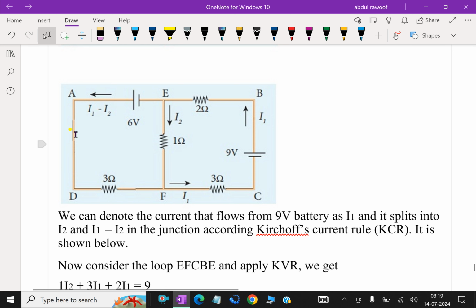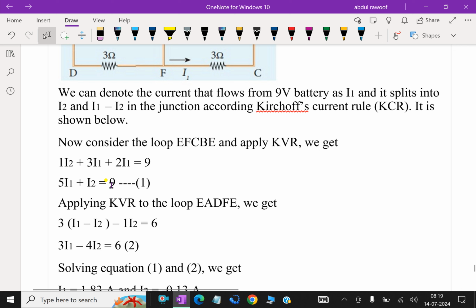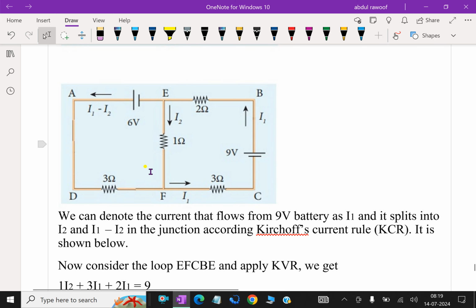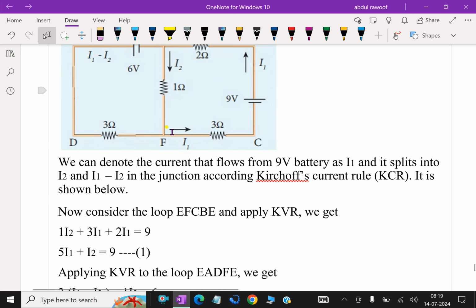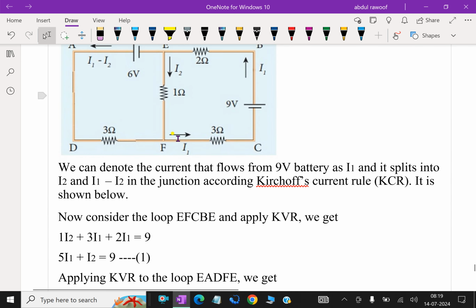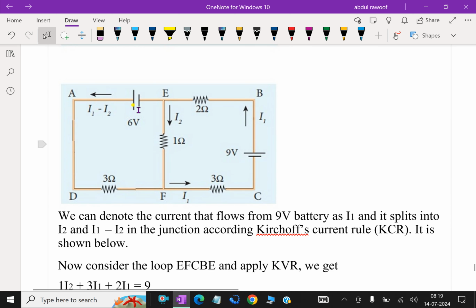I1 minus I2 is passing through 3 ohms, so 3 into I1 minus I2, and minus 1 into I2, because this direction is changing, so negative. So the equation is 3 into I1 minus I2, and 1 into I2 equal to this here